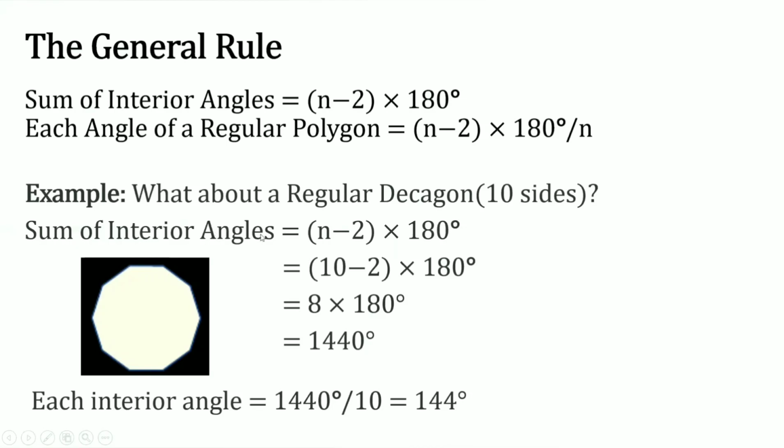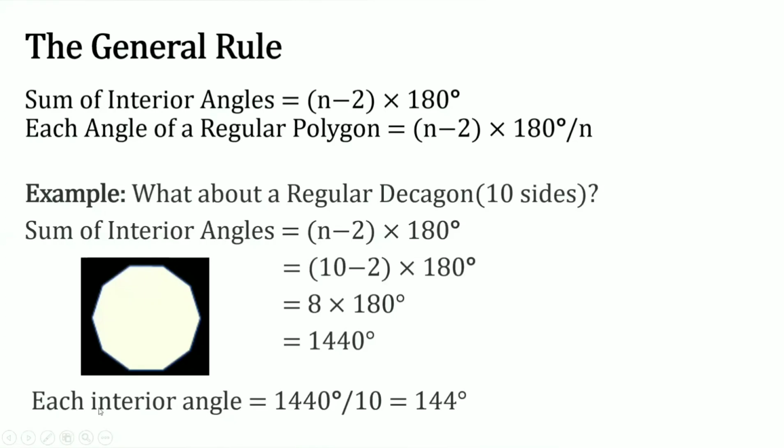So the sum of interior angles, all the angles which are in the interior part of the decagon, if you take the sum of all 10 angles, can be calculated by n minus 2 multiplied by 180. So it is 10 minus 2 into 180. So it is 8 into 180. So it is 1440 degrees. This formula we can use only for regular polygons, not for the irregular ones.